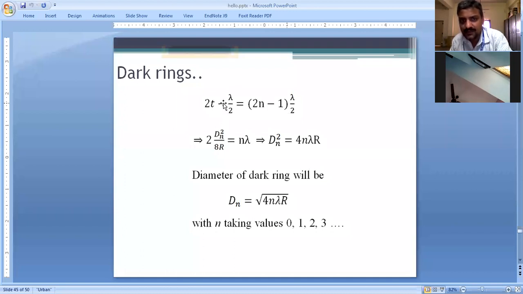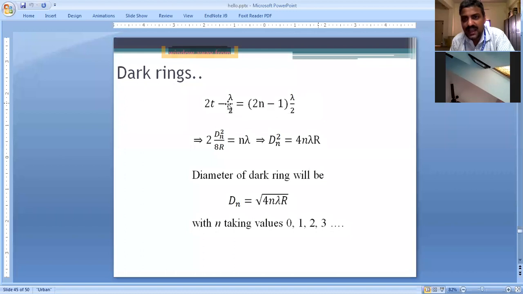Otherwise, if I take plus lambda by 2, I have to take this one to the other side and I am going to get another extra lambda. Even then I have to omit this lambda. As I said, in path difference, if you get any additive lambda term, plus lambda, 2 lambda, 3 lambda, you can simply omit it. It is not going to make any contribution. Whereas if it is lambda by 2, you have to carry that expression, right? Lambda by 2s are dangerous. You have to carry them. Whereas lambdas, after all, when you equate it for maxima or minima, the answer is not going to be different.